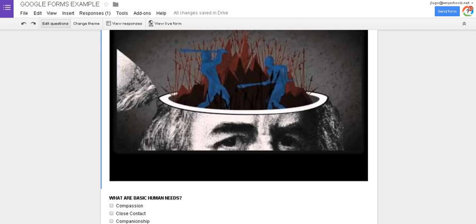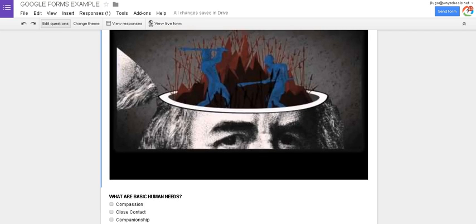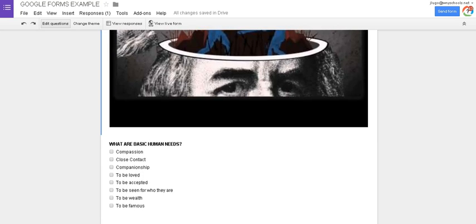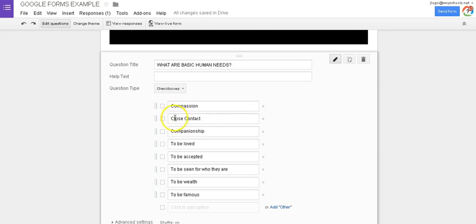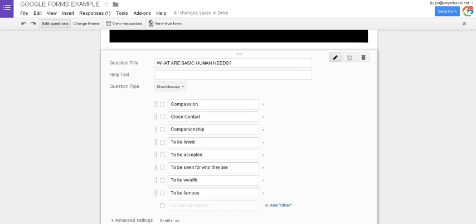So now I have my question underneath it already. This is a multi-response question. On my multi-response, you'll see that there are boxes. Since I used this test last year, what I did was I copied all these answer choices from my test, placed it in here, and populated all of these. Another option that's great, that if we scroll down,